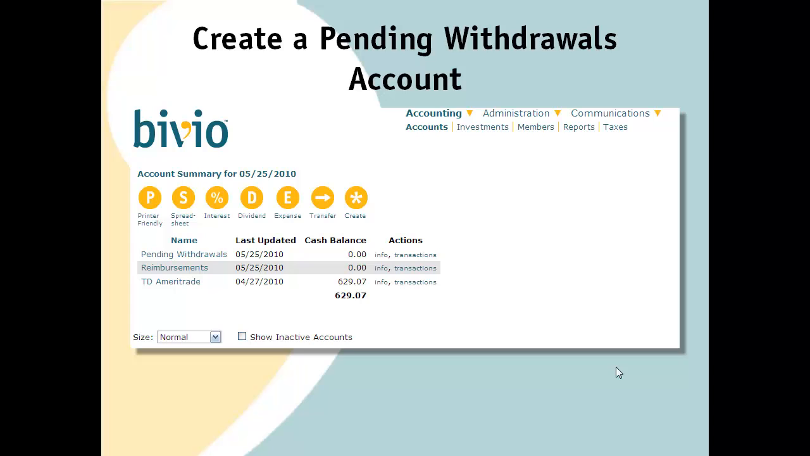Sometimes when you write a member a withdrawal check, they do not cash it right away. In order to be able to track this situation and still reconcile your brokerage account cash each month, we recommend you use a temporary account to record the withdrawal transactions. We suggest you name this account pending withdrawals so that you will know what it is when it shows up